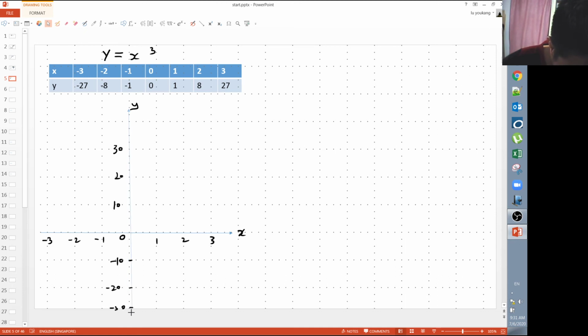Okay, so another thing to note here is always give yourself some flexibility to extend your x or your y-axis. Alright, so let me plot these points out. And it's -3, I'm supposed to get -27. So -27 is somewhere here. And -2 and -8, so it's somewhere here. -1 and -1, so